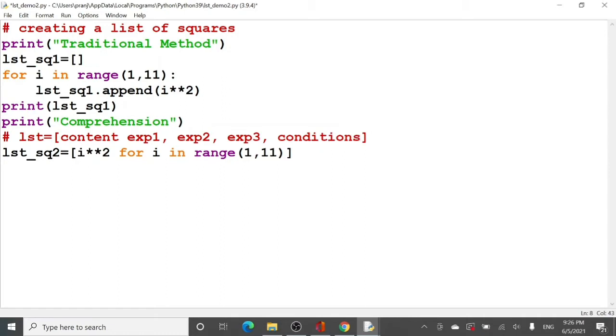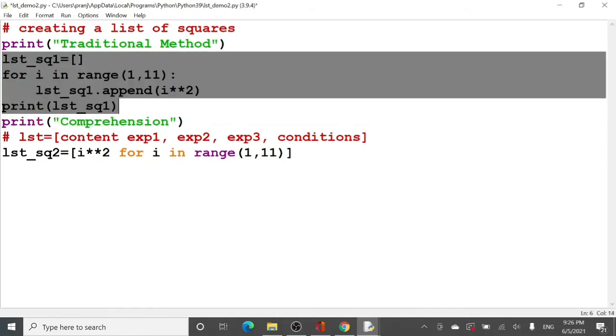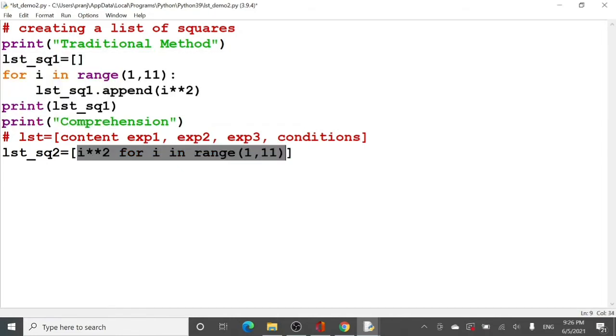So actually what we want here is that all the things that we are writing vertically, we have written horizontally in a concise manner. So let me just run the code and see whether I am getting the exact answer or is there any difference.